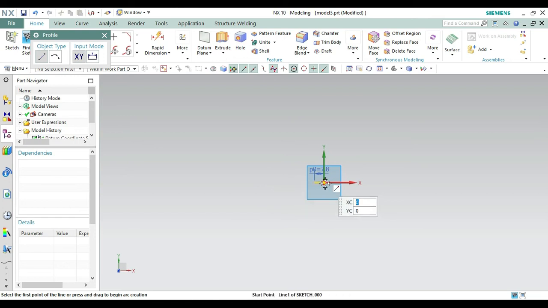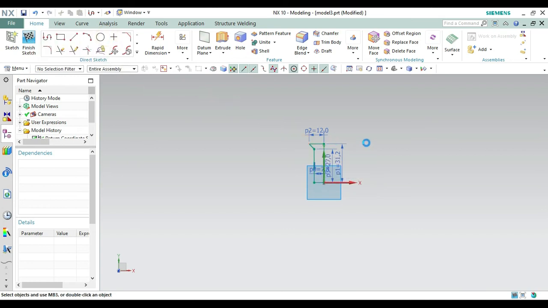Let's cancel the command again, and from this point create a line of 31.2 like this one. Okay, now again go left, means the length should be 12 and make the angle 180. Let's cancel the command again, and from this point create a line of length 27 and angle should be 180 and join these 2 points like this one.